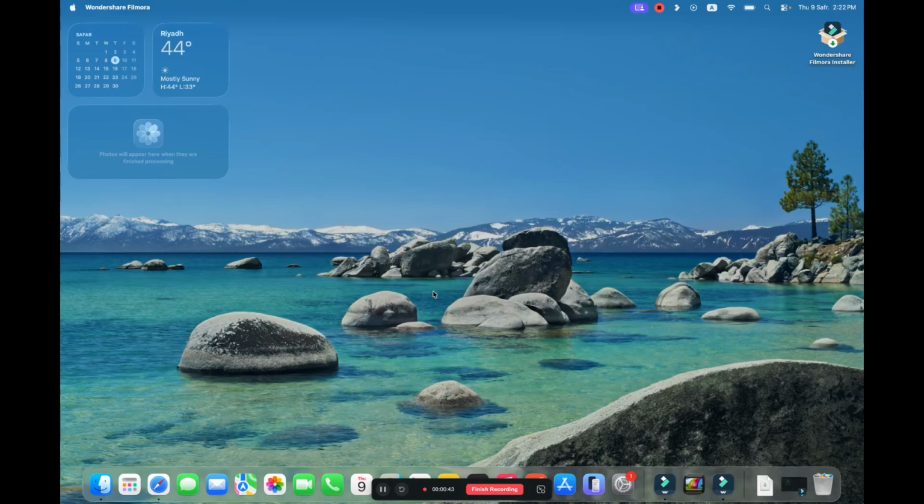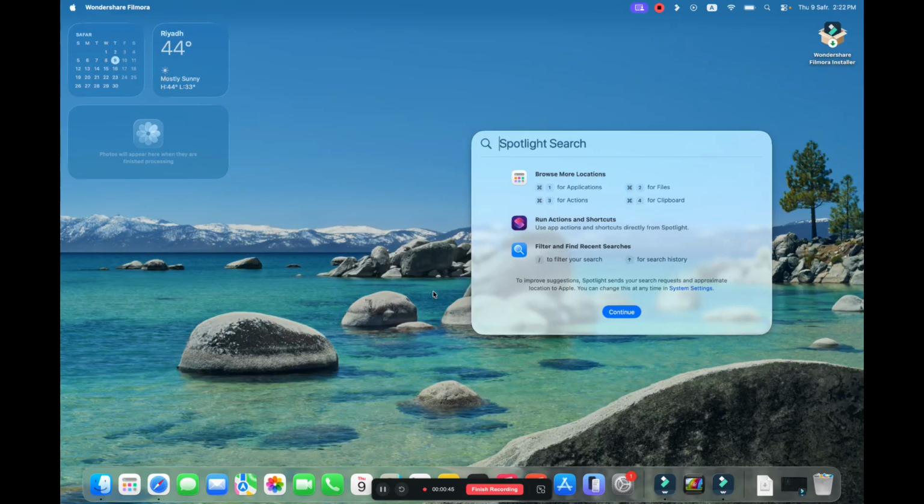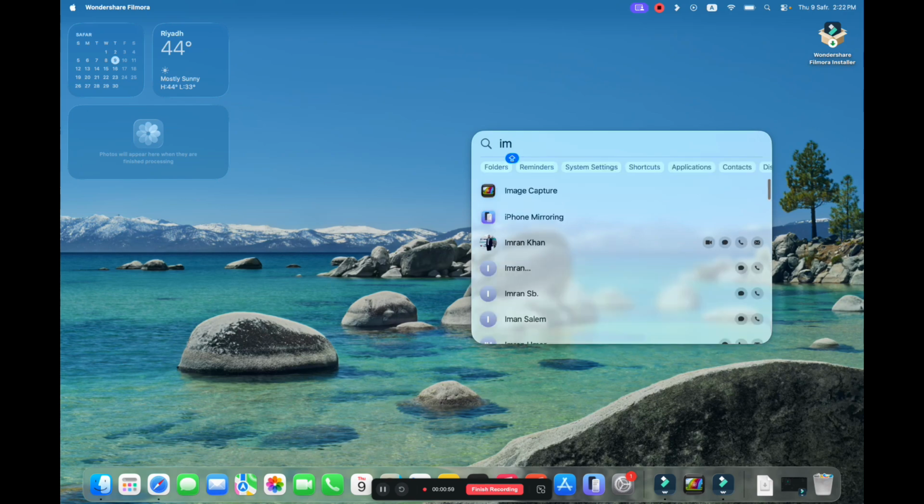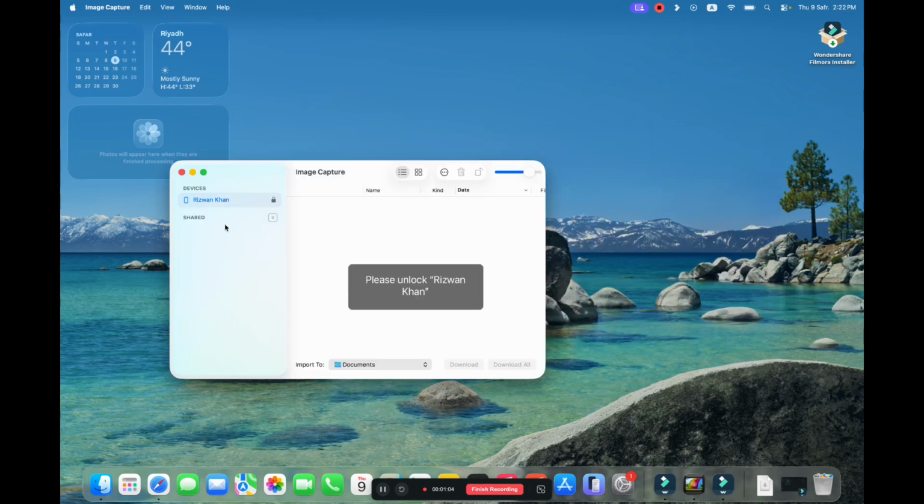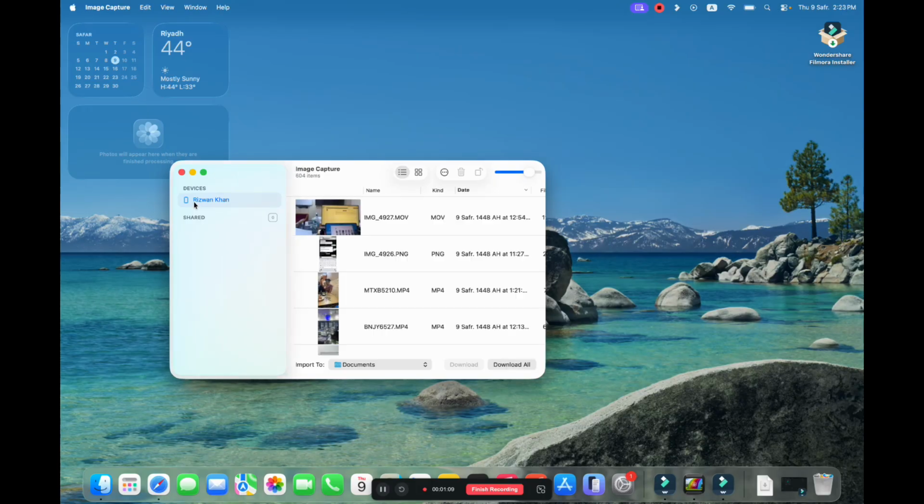So first thing first, hit Command and Spacebar together. You will see Spotlight Search. It's the same Spotlight Search that you have in your iPhone. Here you have to search Image Capture, double click on it, and here you can see here is my device. So what you will do, I will unlock my phone, and as you can see here,